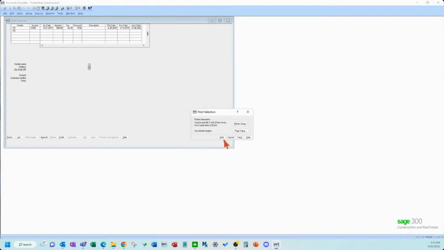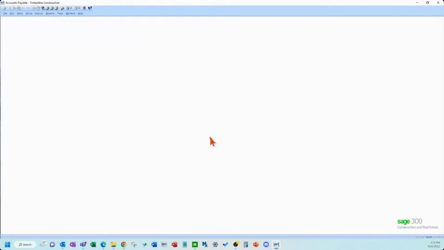I hit printer setup. Basically, all you do is you hit start, and you don't have to worry about these printouts anymore. It's just going to save them into your server or wherever you save printouts. It's going to save those automatically. So you don't have to print them out on paper anymore. You don't have to worry about what the heck am I going to name that file this time. So it takes away that kind of annoying naming or having to print to paper functionality.